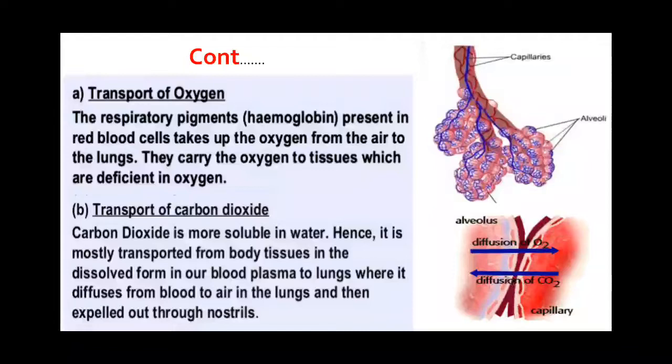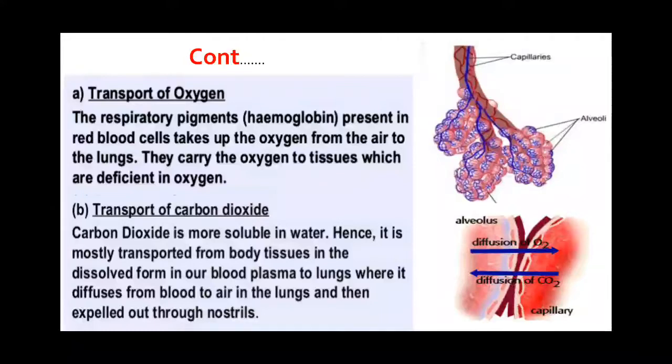Okay, now the living cells perform oxidation of simple food to release energy. Okay, we have seen the glycolysis pathway, and this is the process called aerobic respiration, which utilizes oxygen and releases carbon dioxide. Now the aerobic respiration occurs partially in the cytoplasm and partially in the mitochondria of the cell. Okay, and this catabolic process is called cellular respiration. Then it involves the step by step breakdown of glucose. Okay, so the oxygen is supplied to all the cells and tissue by oxygenated blood that comes from the lungs.